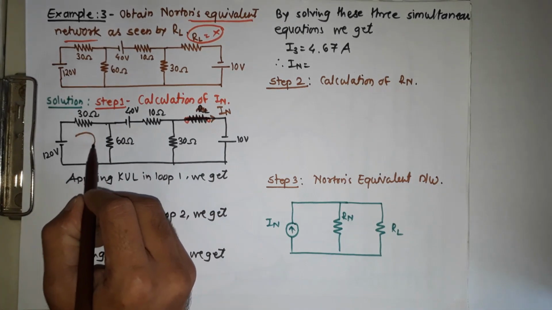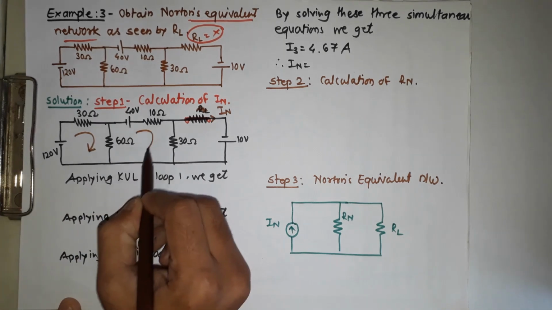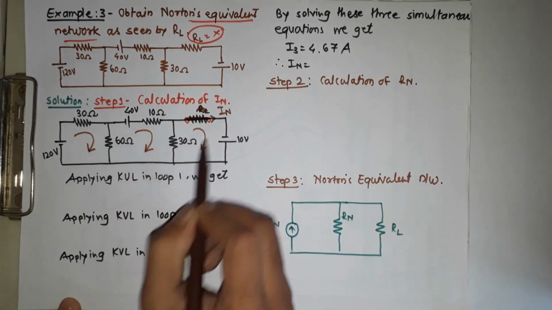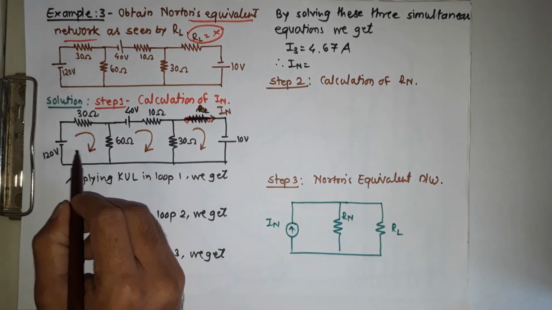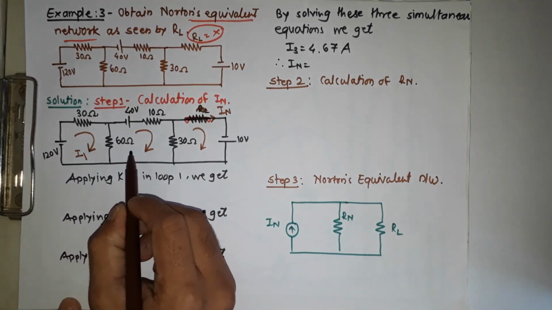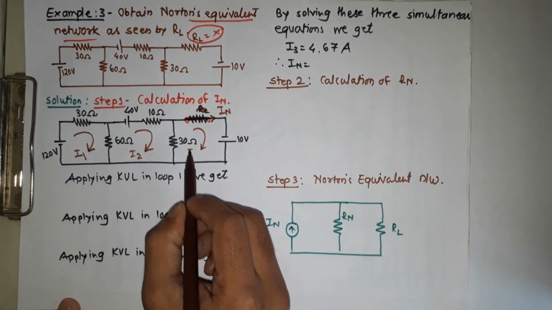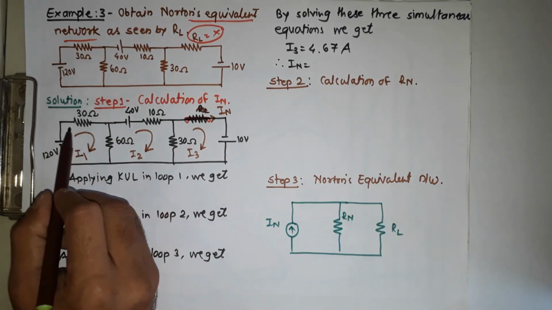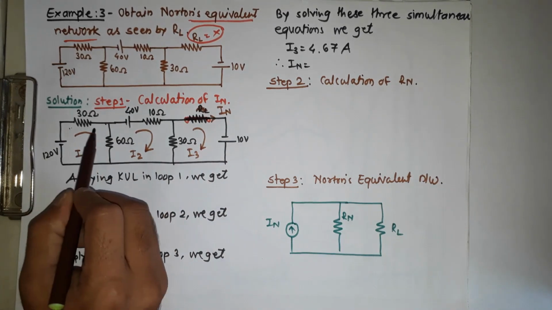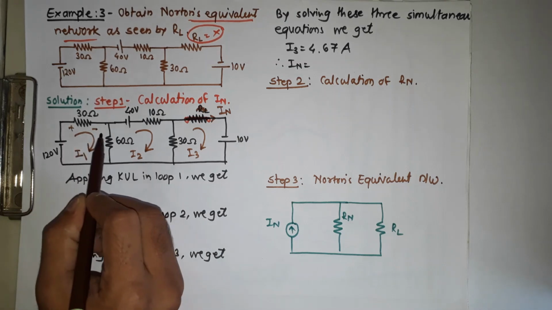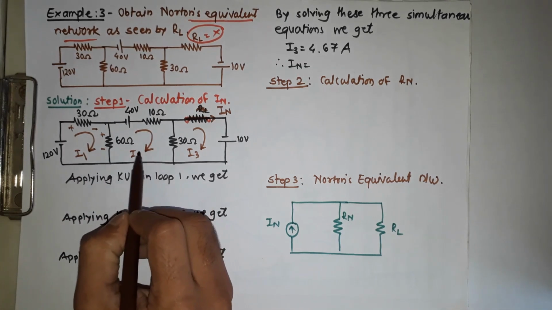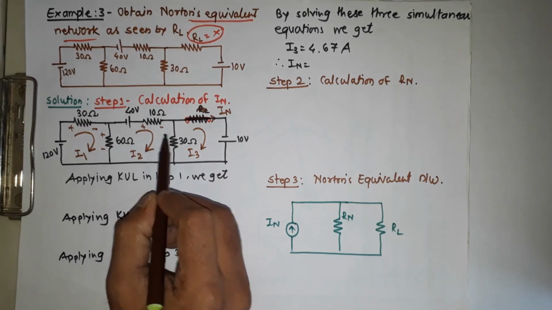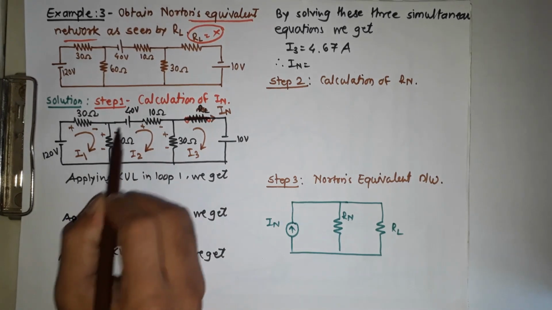So the first step of a mesh analysis is considering the different loops. These three loops we considered here. Firstly, we are considering the current through the first loop is I1, through the second loop is I2, and through the third loop is I3. Again, we are giving the sign conventions: current flowing from this terminal to this terminal, so it is plus, minus, plus 2 minus. Then for this current it is plus 2 minus, plus minus, plus minus.